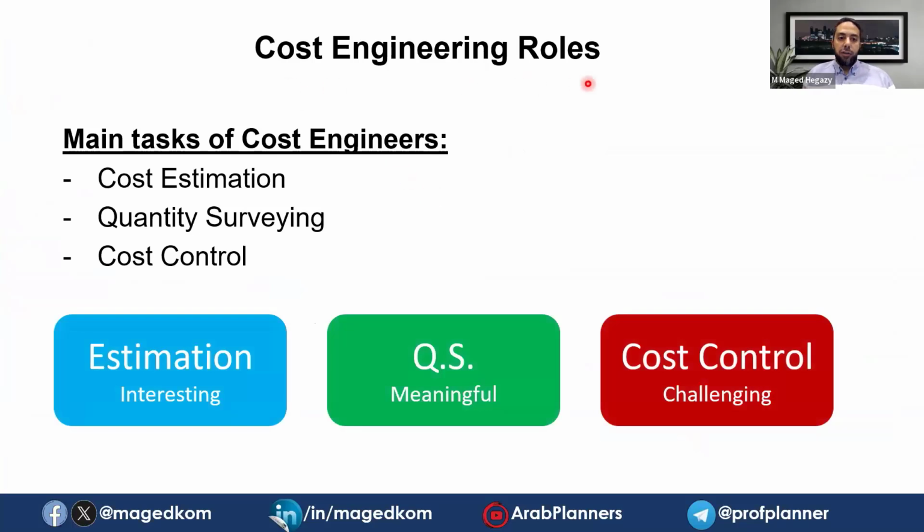Normally, the cost engineering roles are focusing on 3 main things: cost estimation, quantity surveying, and cost control. Cost estimation is a long journey we do in a short period. In the beginning of the project, we go from the beginning to the end to estimate all the cost of the project. For me, it's very interesting when you do estimation, because you need to consider everything during the whole life cycle of the project. In the construction phase, for example, you estimate the cost of the construction before starting the project. So you can make this long journey short to do the estimation.